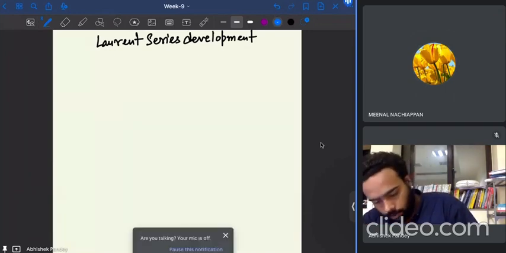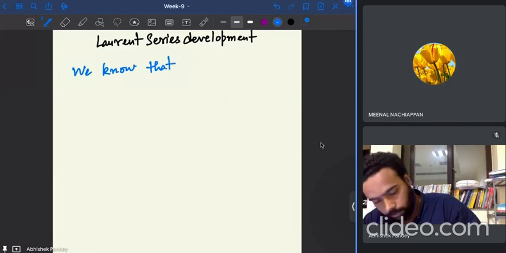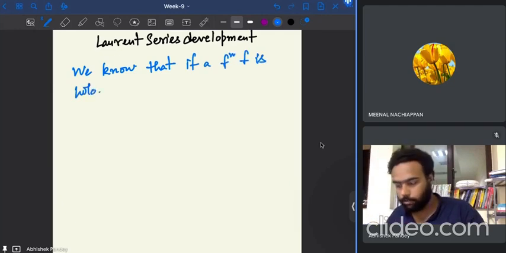Okay, so we already know that if a function f is, let us say, holomorphic, because we have seen that they both are equivalent,